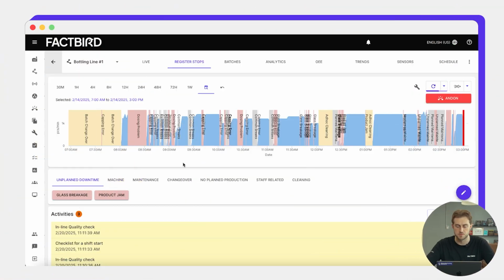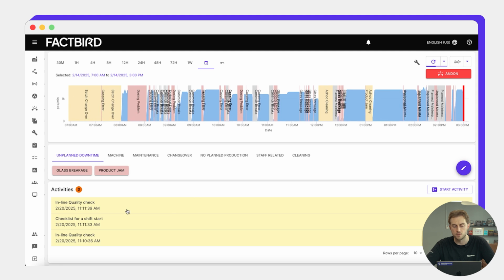So now let's take a look at how these activities are actually completed by the operators. Here we are on the register stops page, where the operators will be spending most of their time. And you can see here now these activities have been prompted by the triggers. So based on whenever the trigger for these activities are, so I'm assuming this checklist for a shift start had